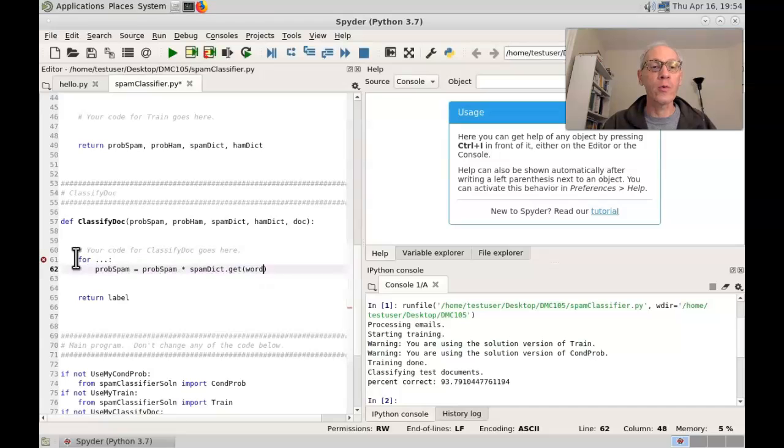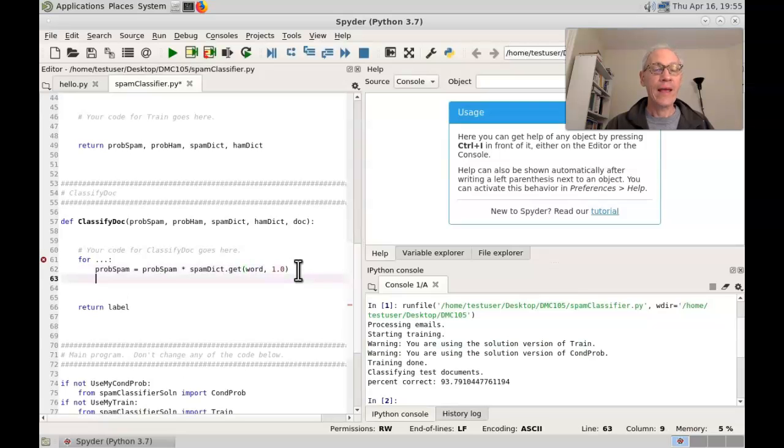So remember, I told you when you write the rest of this for statement, to get each of the words from doc.words into a variable named word, or the default value 1. Okay. Add a similar line of code there for prob ham,